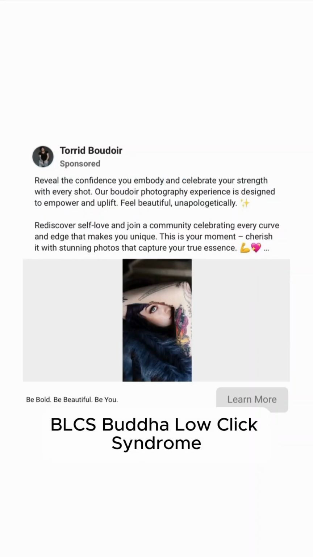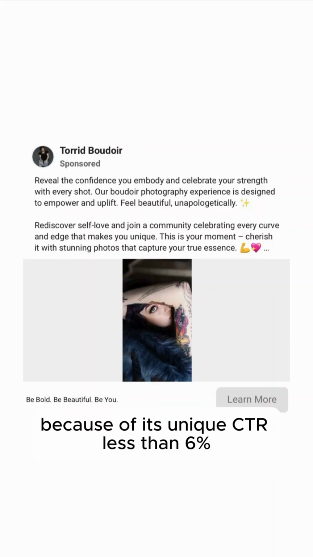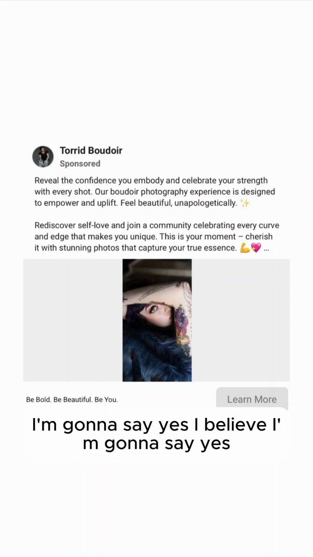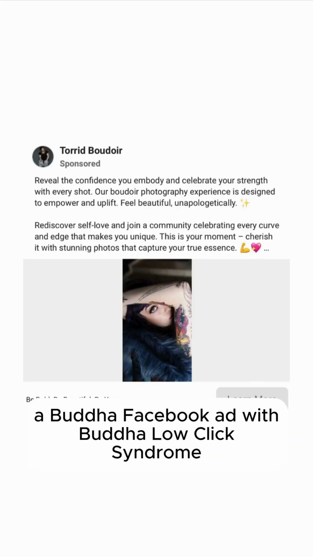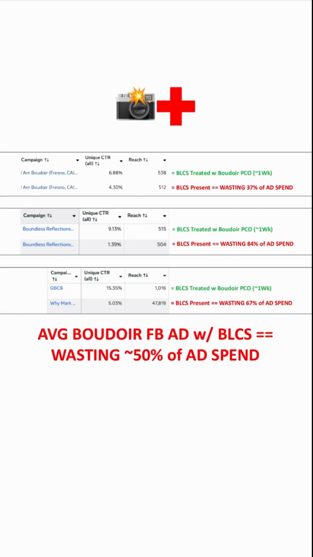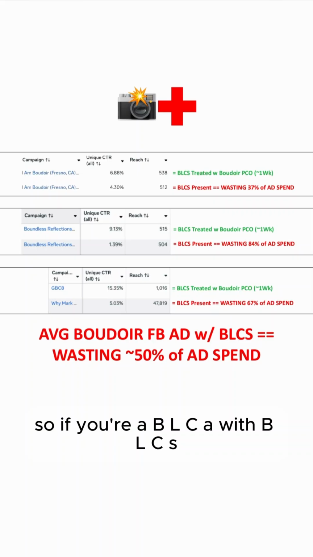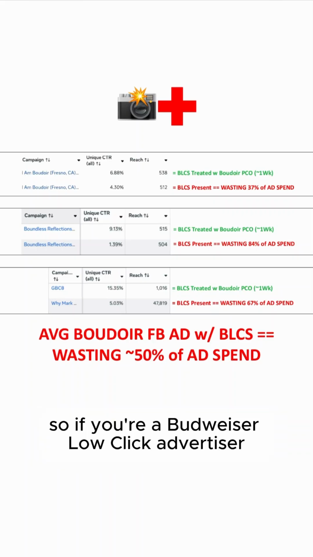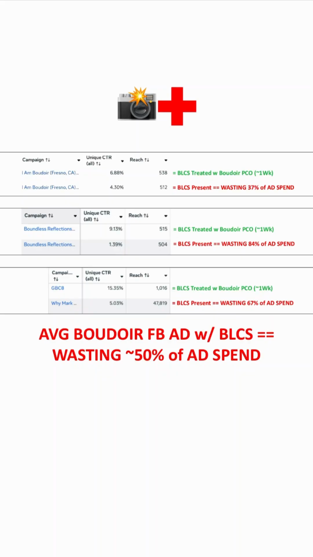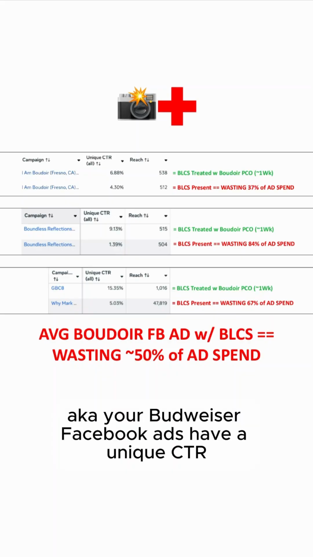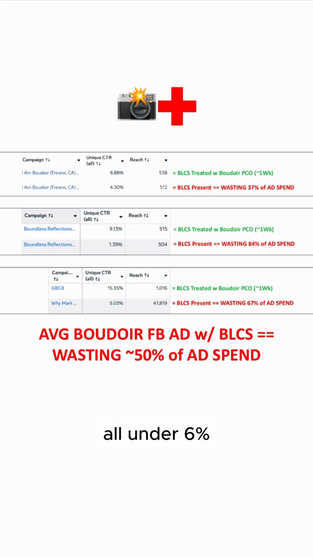So, do I believe this Boudoir Facebook ad has BLCS, Boudoir low click syndrome, because of its unique CTR less than 6%? I'm going to say yes. My diagnosis says yes. I do believe this is a BLCS, a Boudoir Facebook ad with Boudoir low click syndrome. So if you're a BLCA with BLCS, so if you're a Boudoir low click advertiser with Boudoir low click syndrome, aka your Boudoir Facebook ads have a unique CTR under 6%,